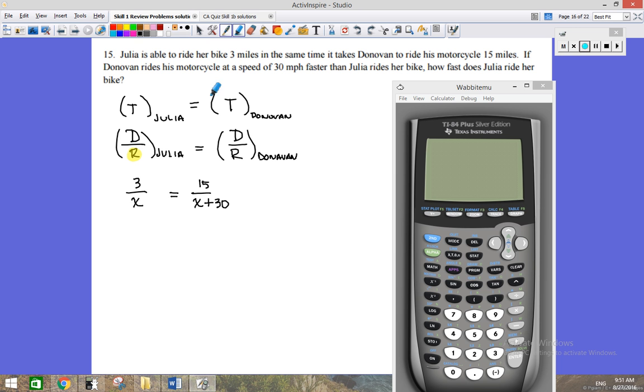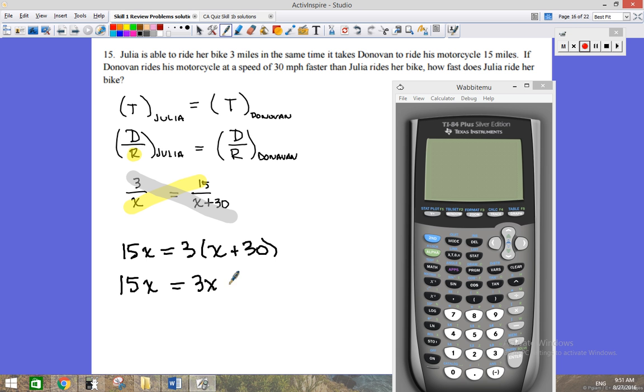Along that diagonal and along this diagonal. Along the yellow diagonal, I have 15 times x. Along the other diagonal, I have 3 times that binomial. If I use the distributive property, I have 3x plus 90. If I subtract 3x and divide by 12,